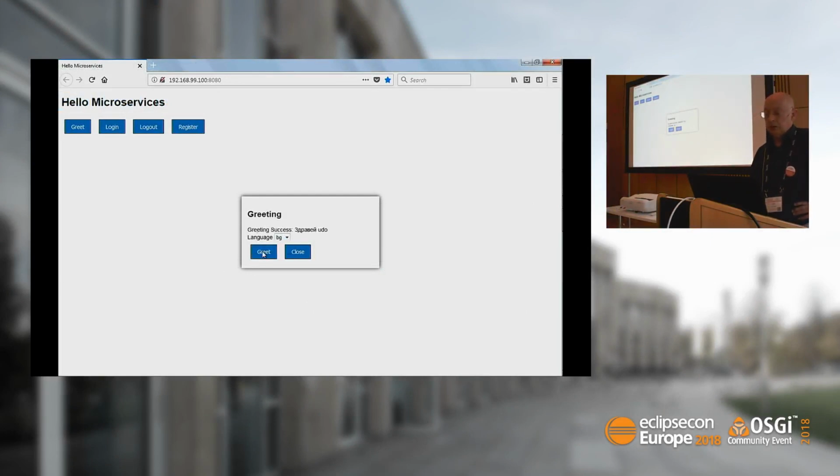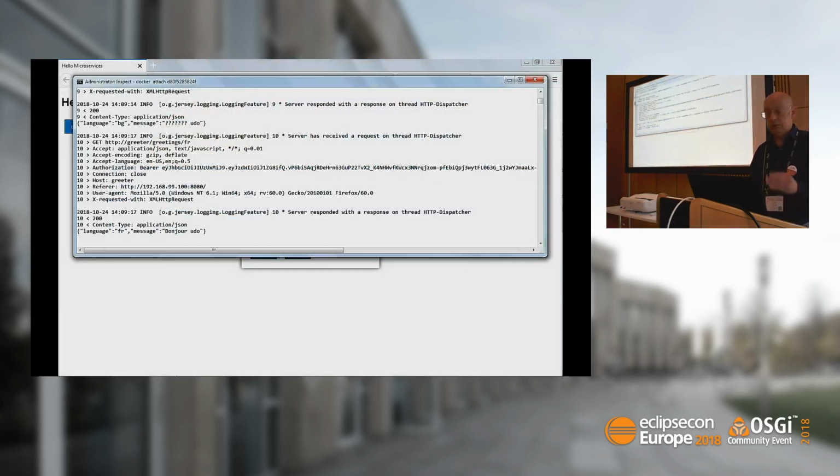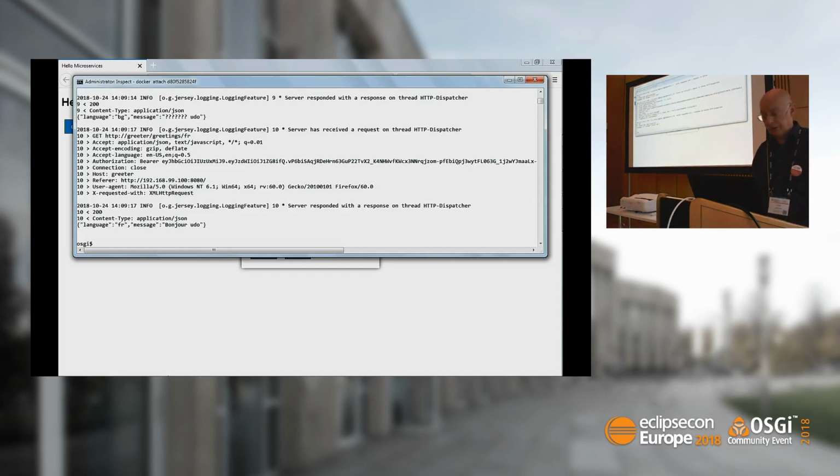I can use one of the others to greet, but I can't use English. And here you see the console output provided by the bundle starting up. The bundles also give some console output when the services are called. That's the usual logging we're seeing here.